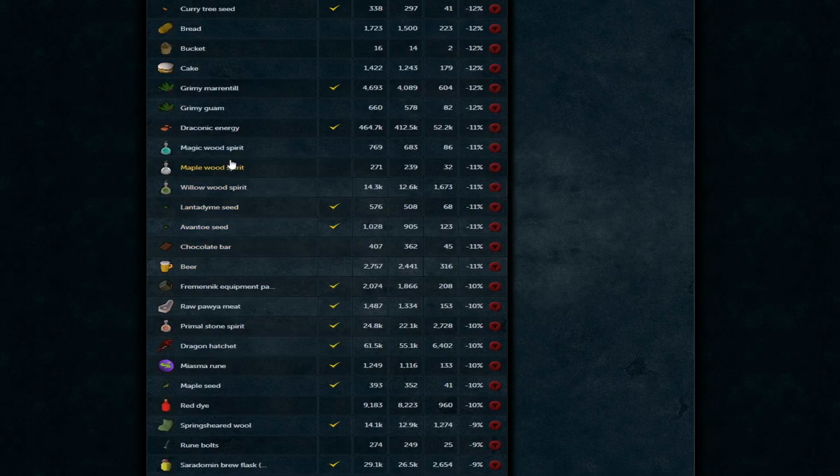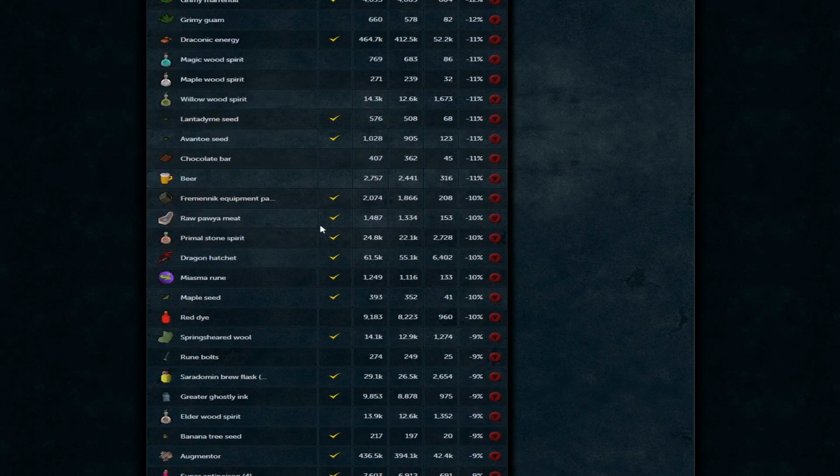Lanternine and Avinto also there, as well as Magic, Maple and Willow wood spirits. Milk Willow have finally sort of buckled. 12.6k, and I imagine that's going to level out now. People aren't really interested. Primal Stone Spirit though, 22.1k, one to keep an eye on, and one you could definitely